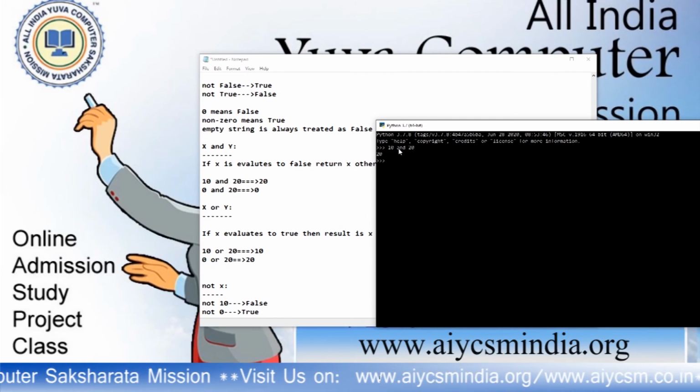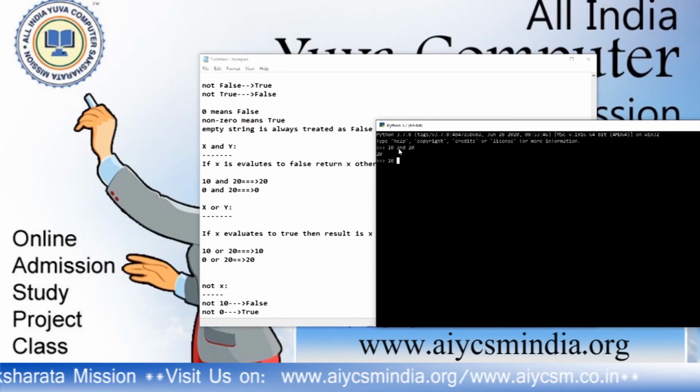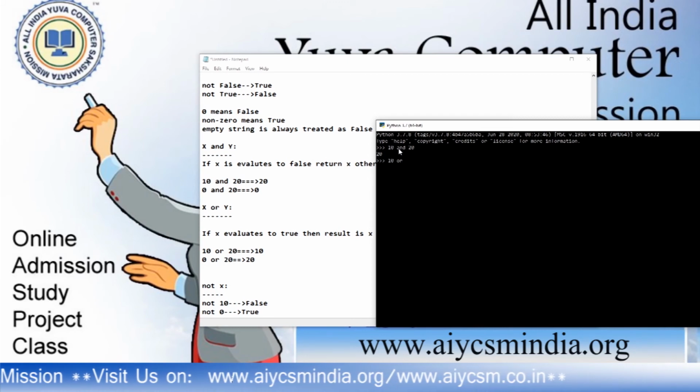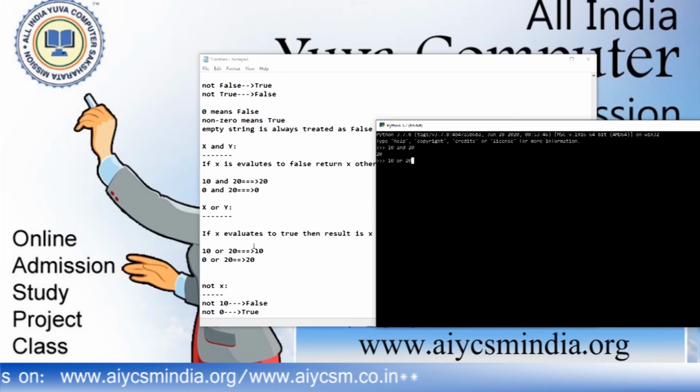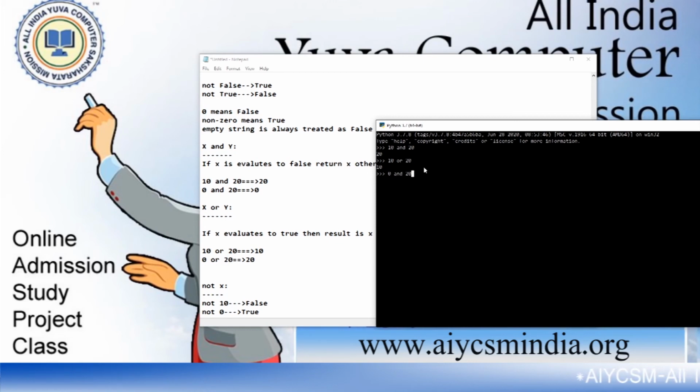The same thing if I use OR, 10 is the answer, because in OR the condition is that if the x value evaluates true, then it returns x, or it returns y. Now for x value 0 and 20, what will be the output? In this case the output is 0. For 0 or 20, in this case the output is 20.